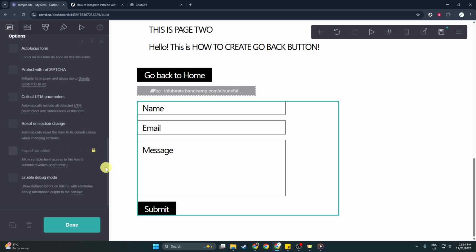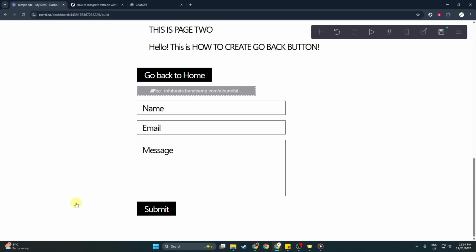Your form is now placed on the page and configured to respond the way you want after submission. From here, you can adjust its position and style the same way you would any element in Card, keeping spacing readable and labels clear so it's easy for visitors to fill out. That's all there is to it. You've added a functional, user-friendly contact form to your Card site, complete with a thoughtful